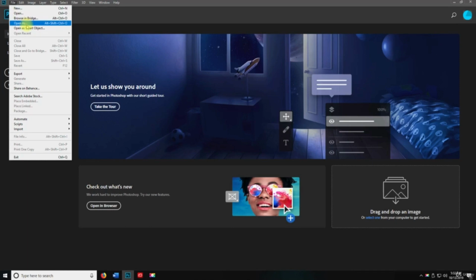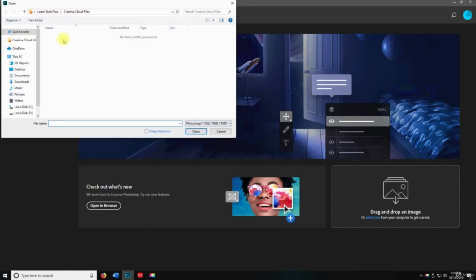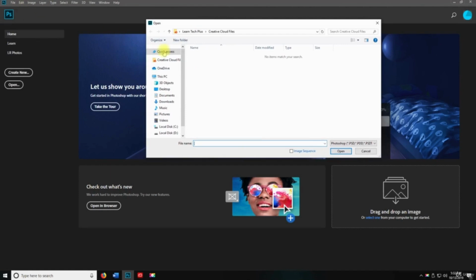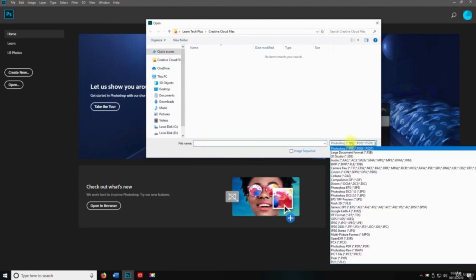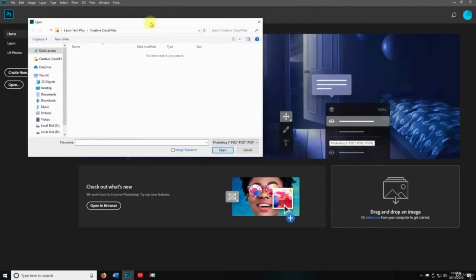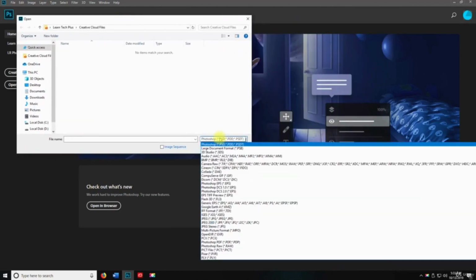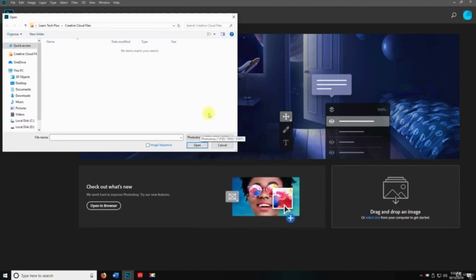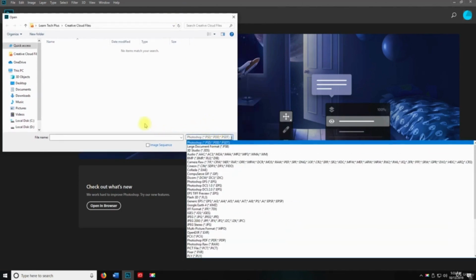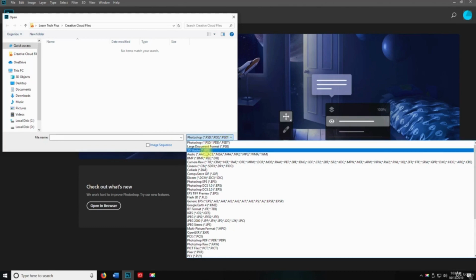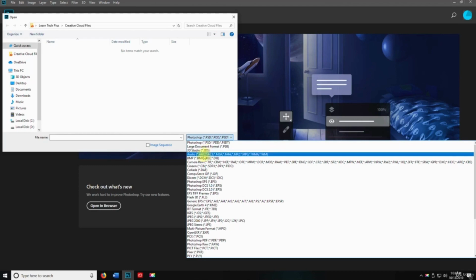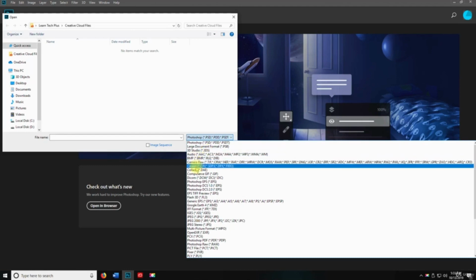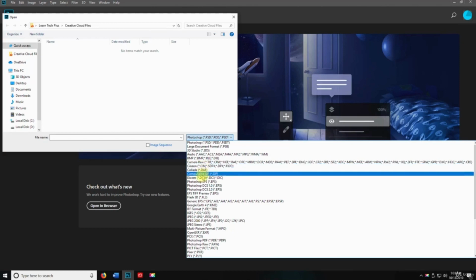All right, the next one is Open As. Open As is the same as Open, but instead of just doing Open and picking a random file, this is going to have you open as. Let me move this over so you can see all the files, the formats, the extensions here. You can open as a PSD, a PDD, or a PSDT, a large document, 3D Studio, audio file, BMP, Camera Raw, CIN,